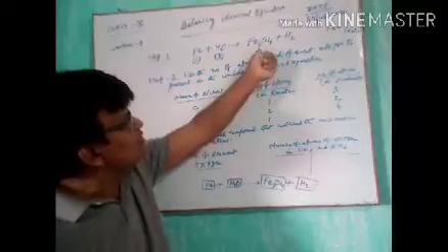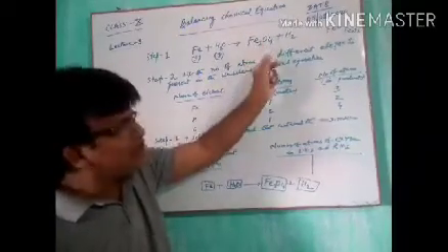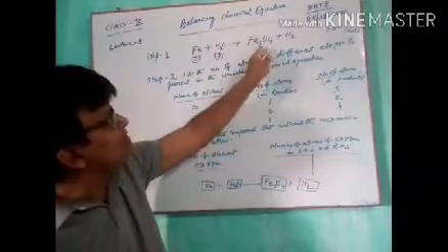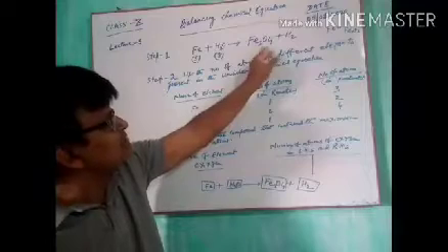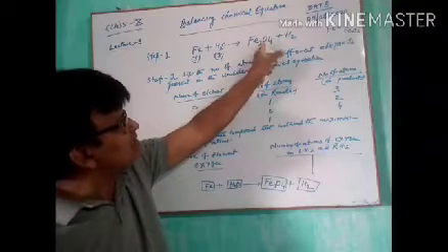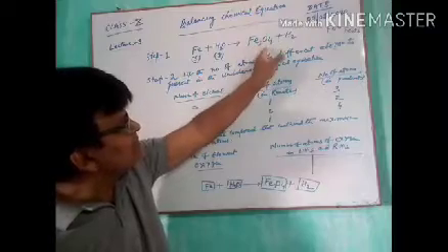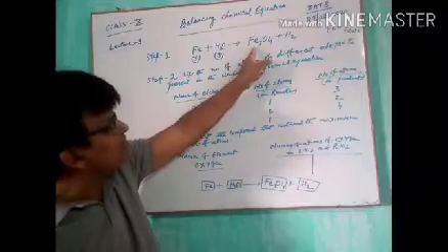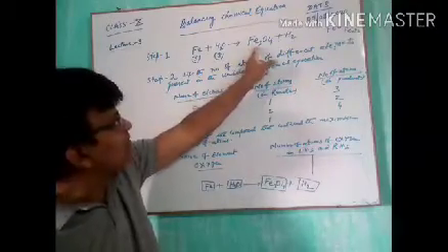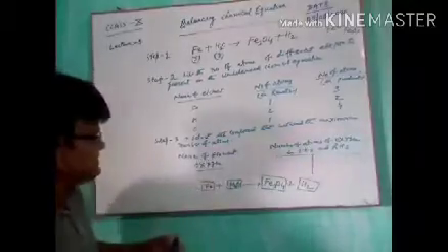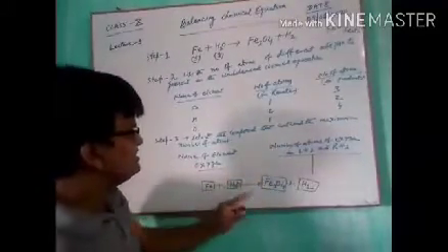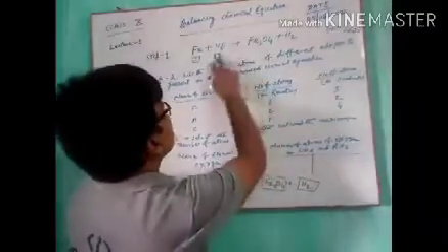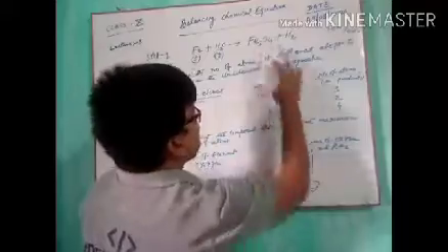So according to this rule, first of all we balance the atoms of the element present in the molecule in the highest number, or we can say the largest number. Here oxygen is present in the largest number, so first of all we balance it, and then in the second step we balance the second highest number of atoms, iron. Here in this chemical equation we see that oxygen in the reactant part is 1 and in the product part 4.